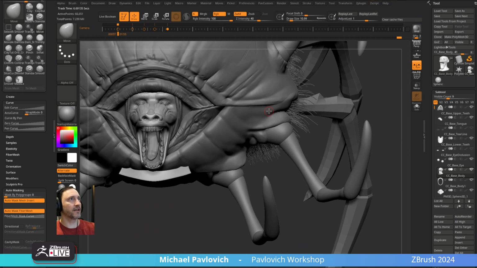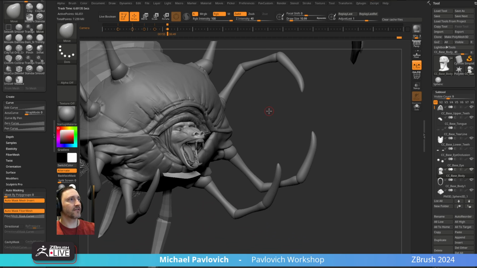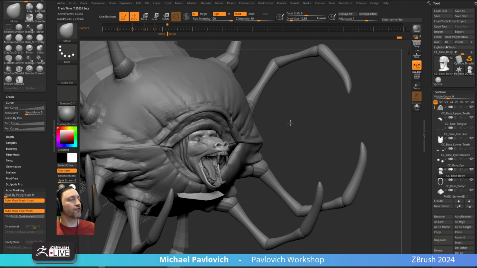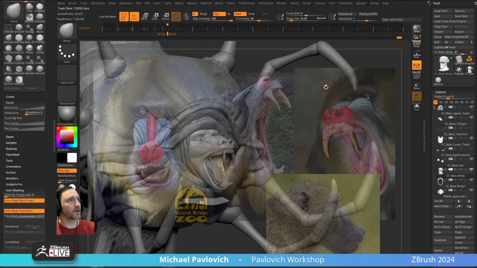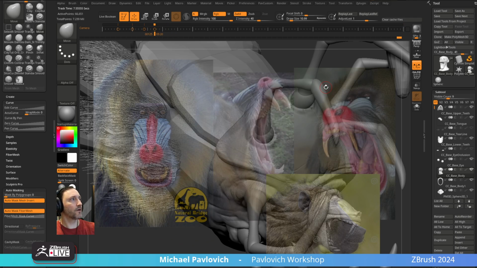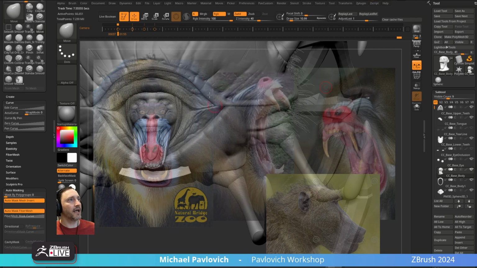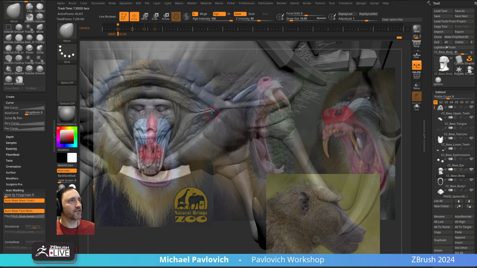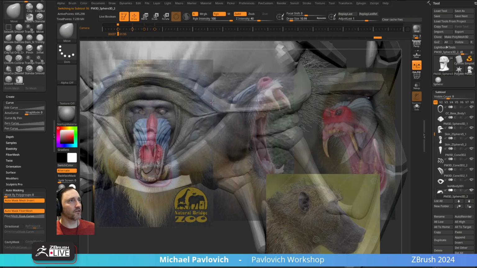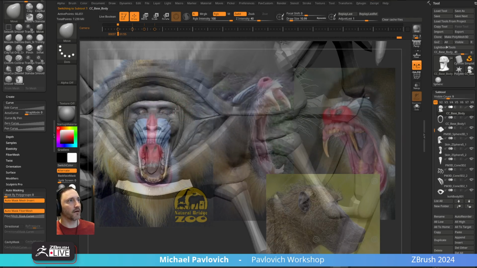So then you can use your arrow keys to kind of cycle through your dots. And then if you want to get rid of a dot, you can just drag it out and then it's deleted. Usually what I'll do is let's bring our reference back. So we'll go through our reference here, and if I've done major changes, like we've moved the head around and stuff, what I'll do is I'll go back through and I'll kind of